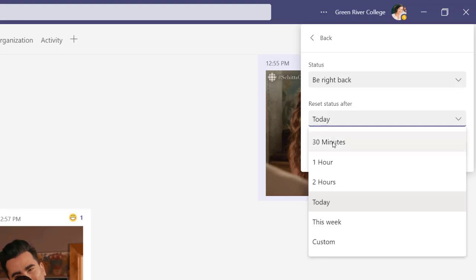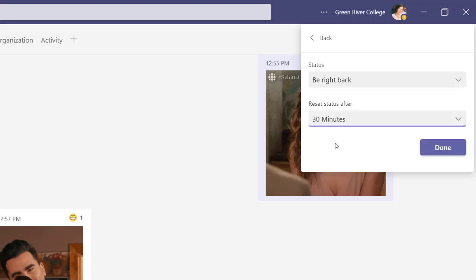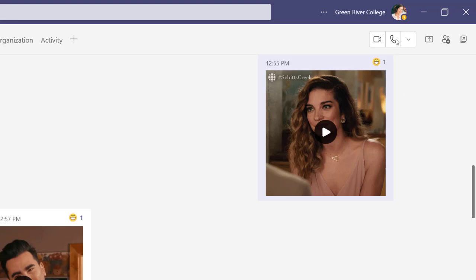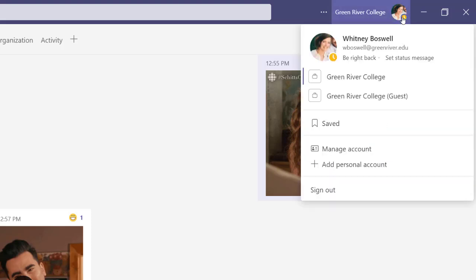So I want to reset after 30 minutes because I'm going to run away for a little bit and be back in 30 and hit Done. So what this does is it sets it to be right back with this little icon for 30 minutes. And after that 30 minutes or whatever time you set as your duration, it will go back to the automatic availability setting based on your Outlook calendar.